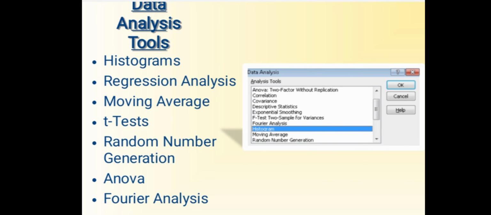Data analysis tool, what are the data analyses that can be done: histograms can be prepared, regression analysis can be done, moving average, t-test can be performed, random number generation also can be done, ANOVA can be done, Fourier analysis also can be done. Here under data analysis, if you click data analysis, a bar will open, and the analysis tools, whatever tools you want, you can select and press the OK.